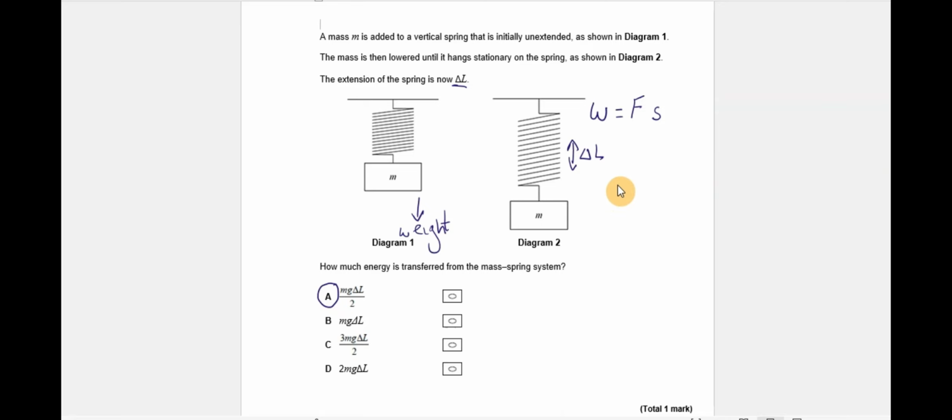Now you're given an equation on your data sheet, and that says the energy transferred to a spring is equal to a half multiplied by the force multiplied by the extension, delta L. So if I look at the possible answers here, I can see all of them have delta L in them, but none of them have F, or the force. But that's easy to remedy because we remember that the force is provided by the weight,